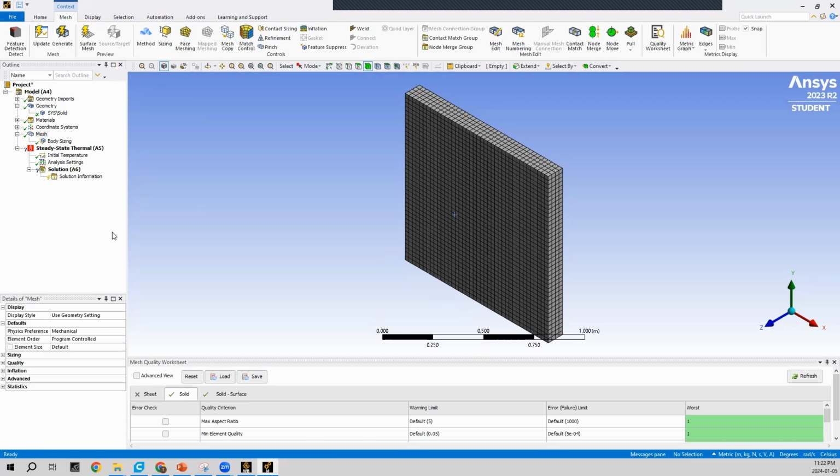Now with our mesh created, we will go ahead and specify our boundary conditions. As we can see, we have a question mark beside steady state thermal, and this is because we are missing our boundary conditions for this problem. As stated in this problem statement, we want to specify the right-hand boundary to have a temperature of 50 degrees Celsius, and we want the left-hand boundary to have a temperature of